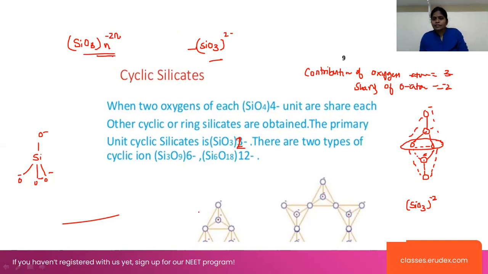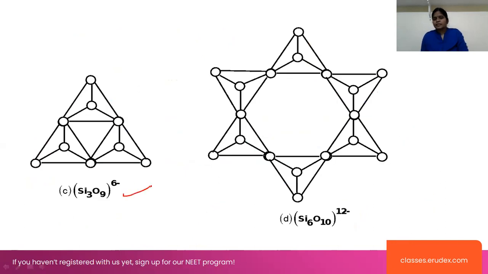Look at the structure representation here. Next one is, whenever we are taking 3 units, look at, the general formula for the single unit is SiO3 2 minus, and for n units it is SiO3 n with minus 2n here. Whenever n is 3 units, then the formula will be Si3O9 with minus of 2 into 3 here.